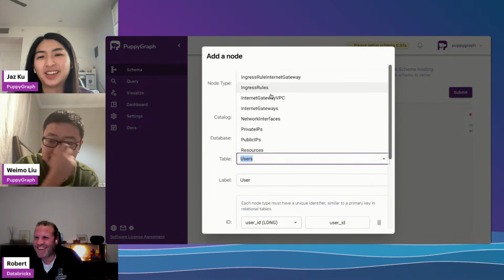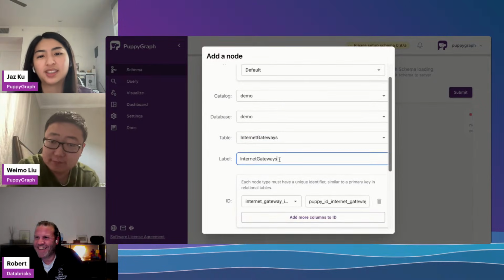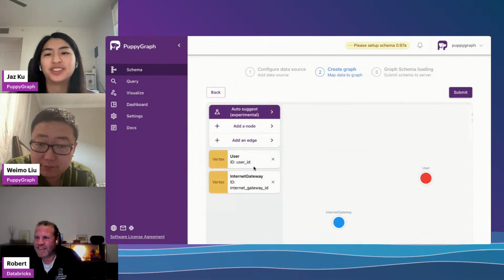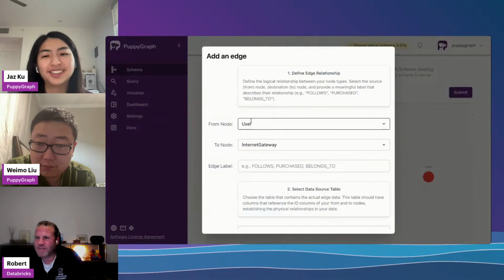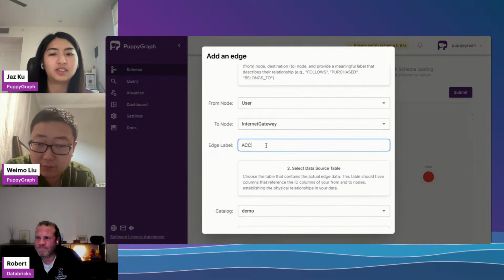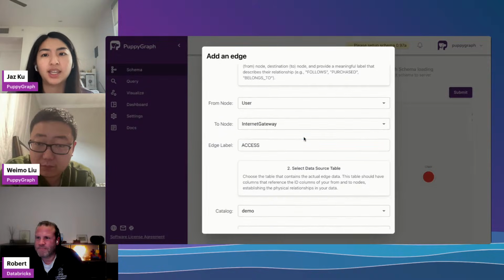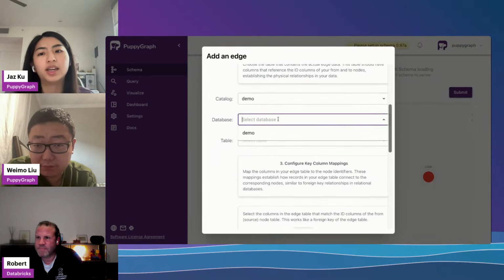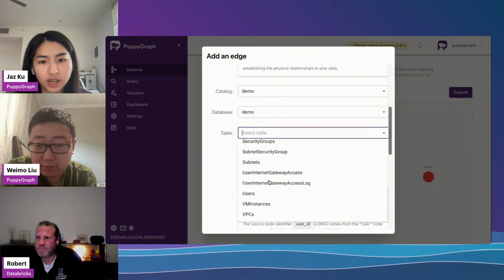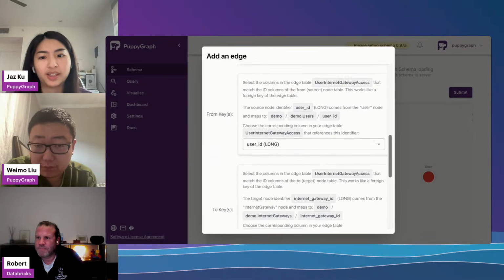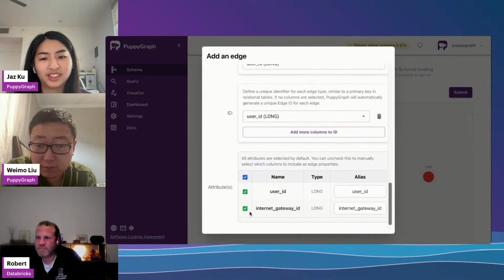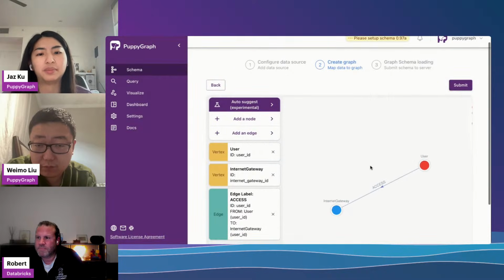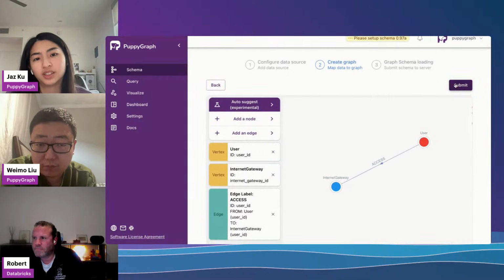But yes. And then maybe internet gateways. I've actually chosen these two specific nodes for a reason, and that's because I mentioned that sometimes your tables look like graphs. We have this relationship: users can access an internet gateway. You'll actually see in my database that I do have a join table for this, and it exists to capture these two IDs, right? So that's basically just trying to mimic the relationship that exists between these two nodes.